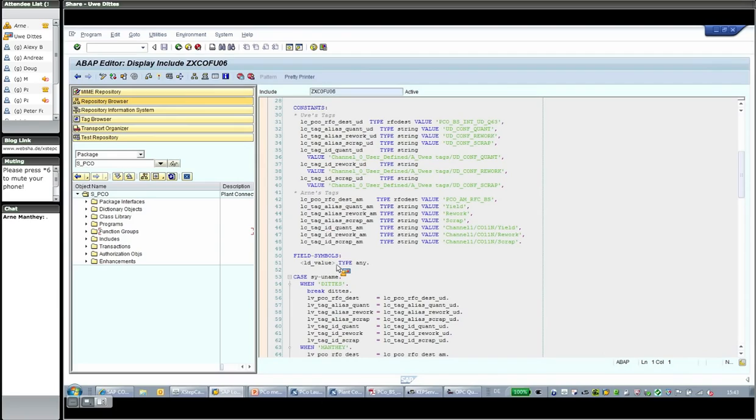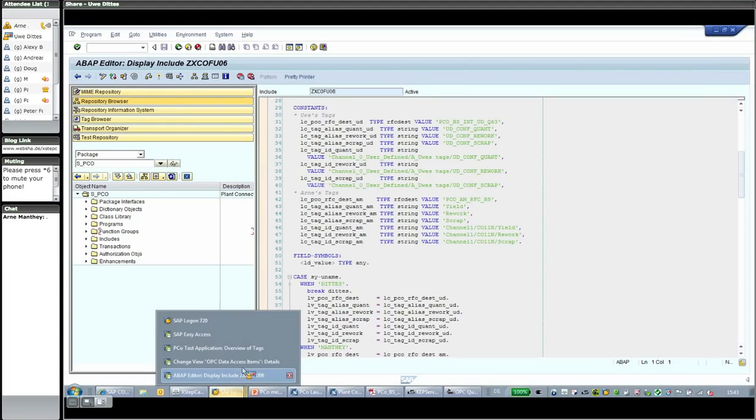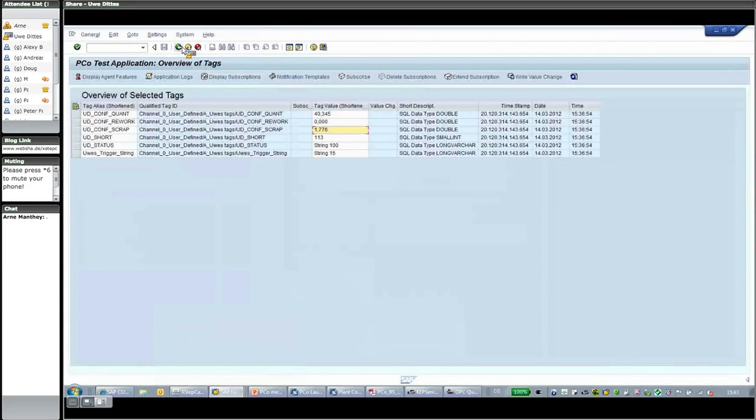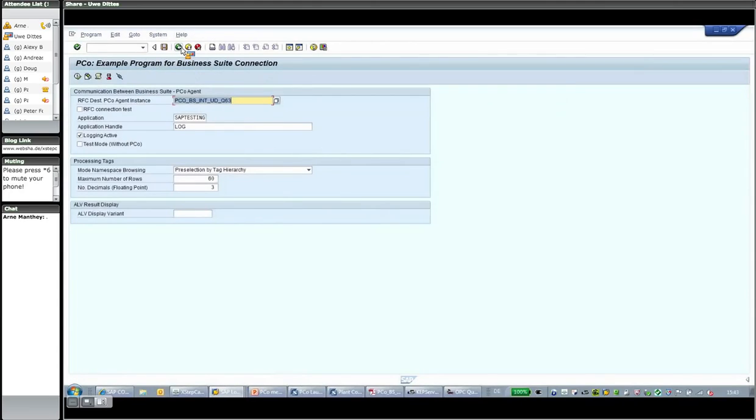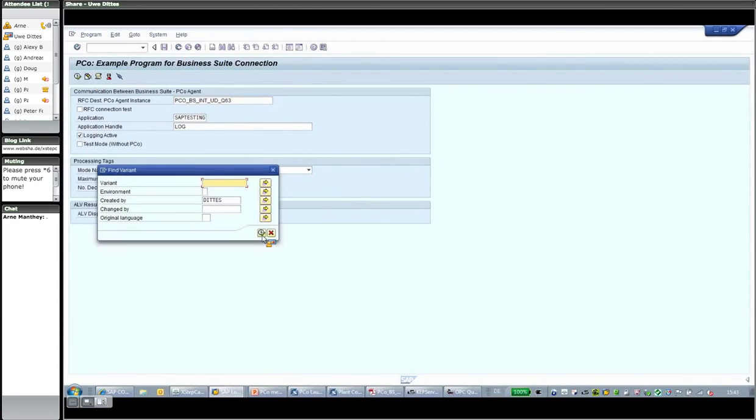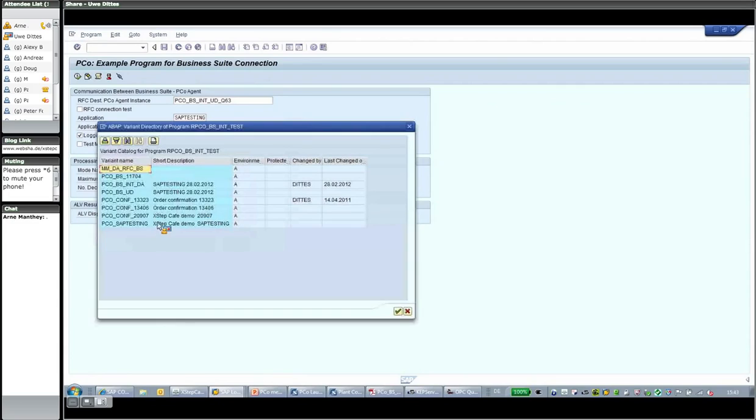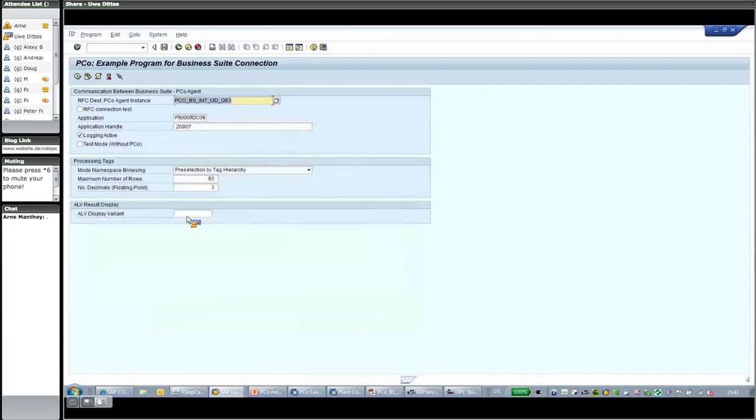And in our case, we provided a mechanism where we offer a superclass, called PCo notification handler, which just consists of one method called execute. And if you have a look at it, it's empty. So what you're going to do, if you want to react on notifications,